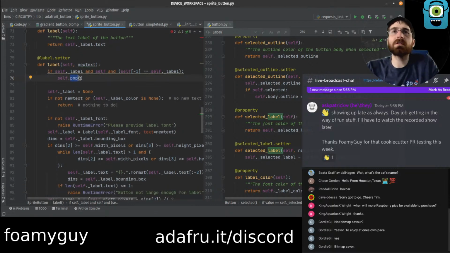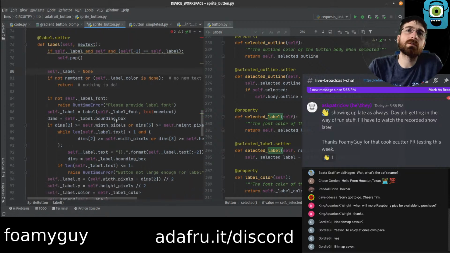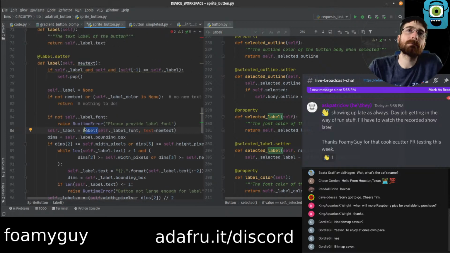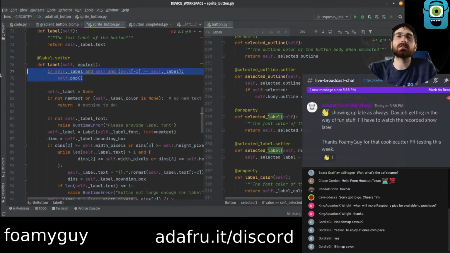So for one thing, this is throwing away the old label, and then always creating a new one? Honestly, this was probably done this way because in the past, labels had a limit on the number of characters.